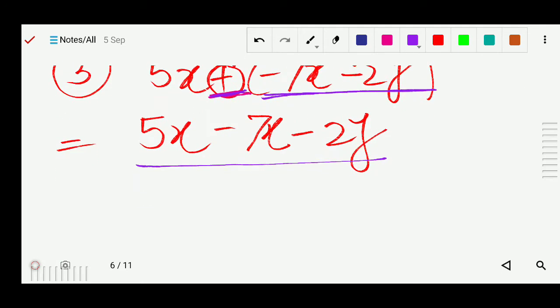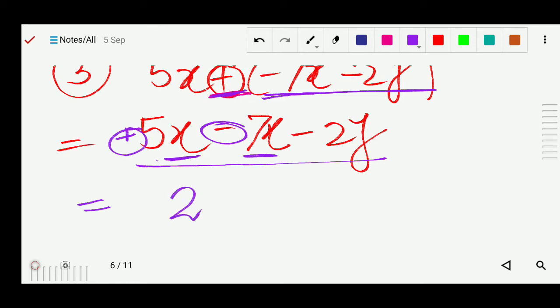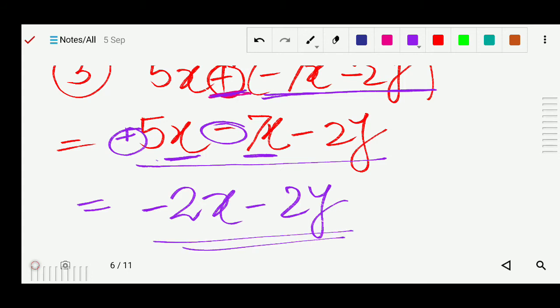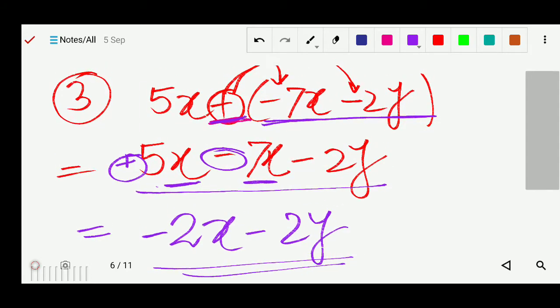ओके, नाउ similar terms we can add, so 5x, here is but minus sign, so here is the plus sign, so plus minus minus, so we will subtract, so that will be 2, and 7 is the largest number, so before that minus sign, so put the minus, so 2x, that is now 2y, so 2x minus 2y is your answer. Okay, so you have to take care of the plus minus, which sign will come, so already many times we have solved, so I hope you understand these all things. Again and again I don't need to explain. Okay,